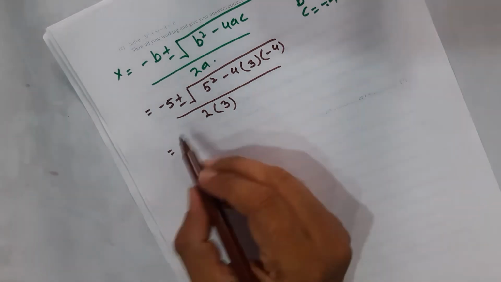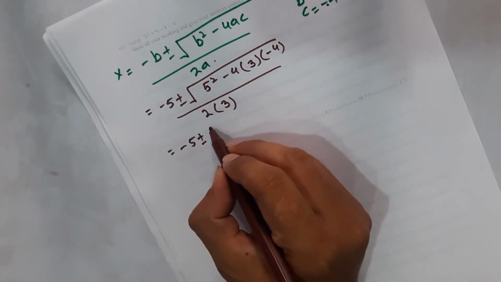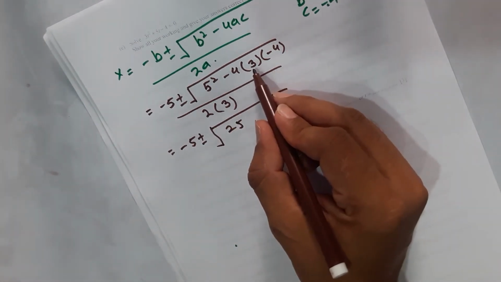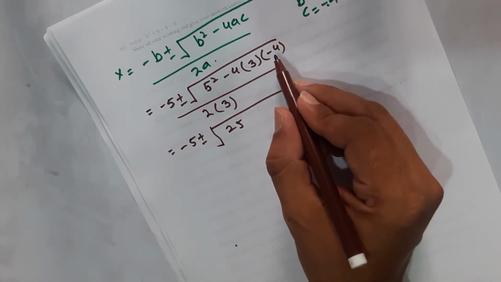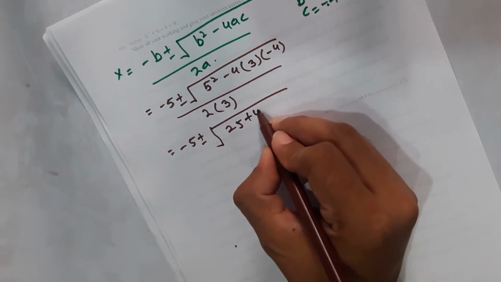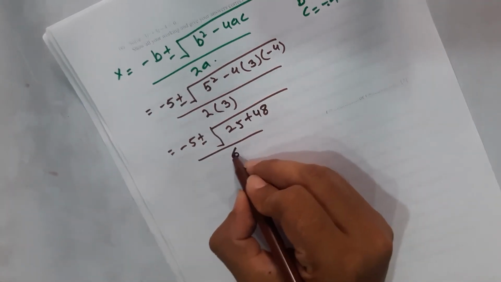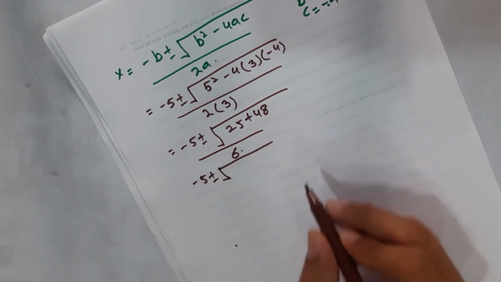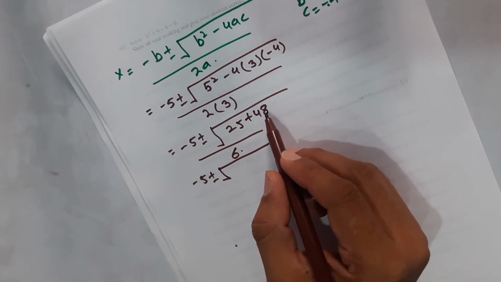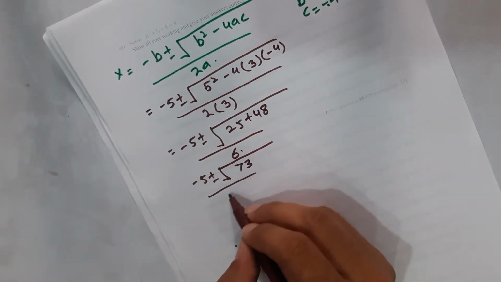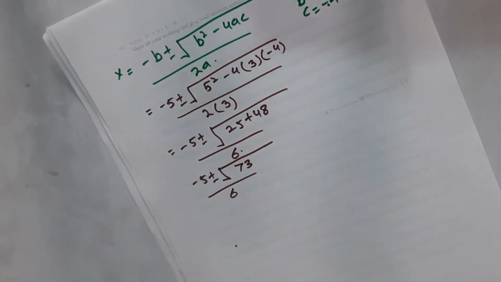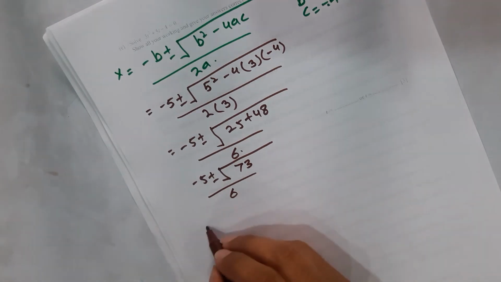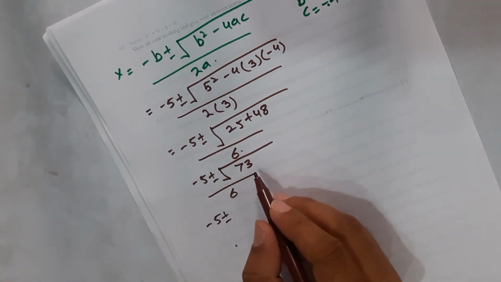Minus 5 plus minus, this will become 5 square 25, minus 4 into 3, which is 12, minus 12 into minus 4 equal to plus 48, over 6. Then minus 5 plus minus the square root of 48 plus 25, which will become 73, over 6. Then minus 5 plus minus the square root of 73. The square root of 73 is 8.54